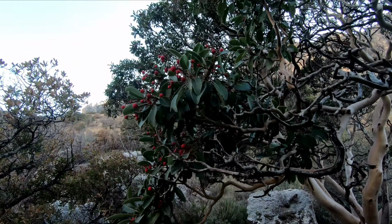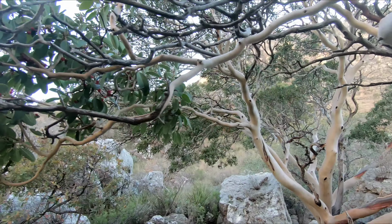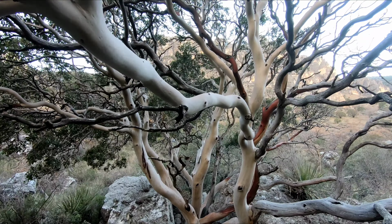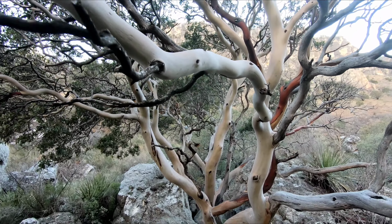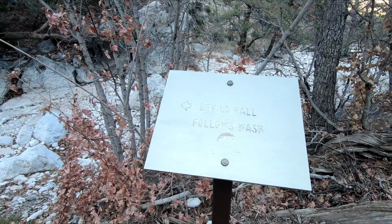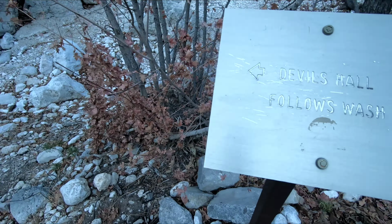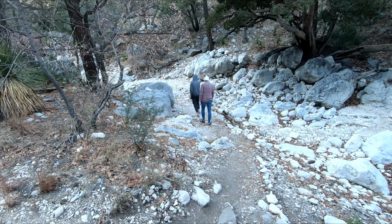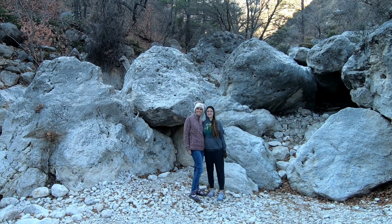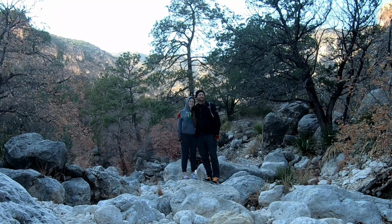So here's another berry tree. Cool bark. Berries look like that. But then the rest of the tree is there. Thankfully, they do have these signs. And so we're going to follow the wash this way. We're taking pictures with big rocks. Ready? 1, 2,